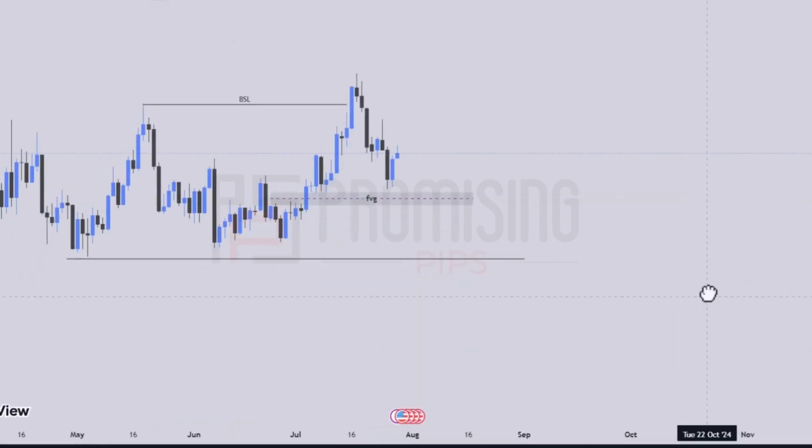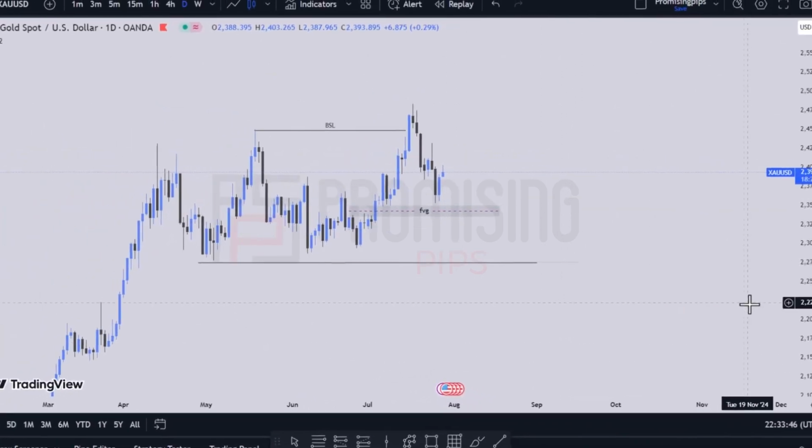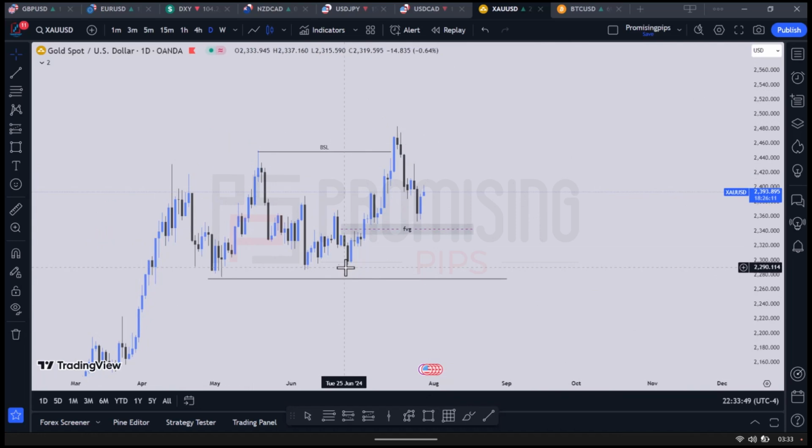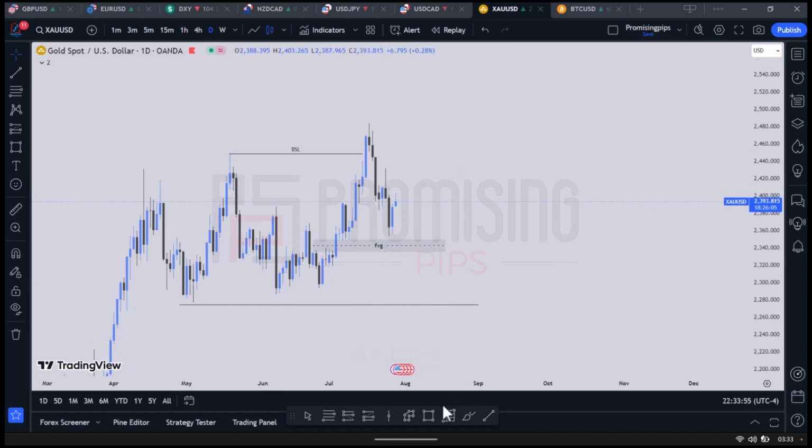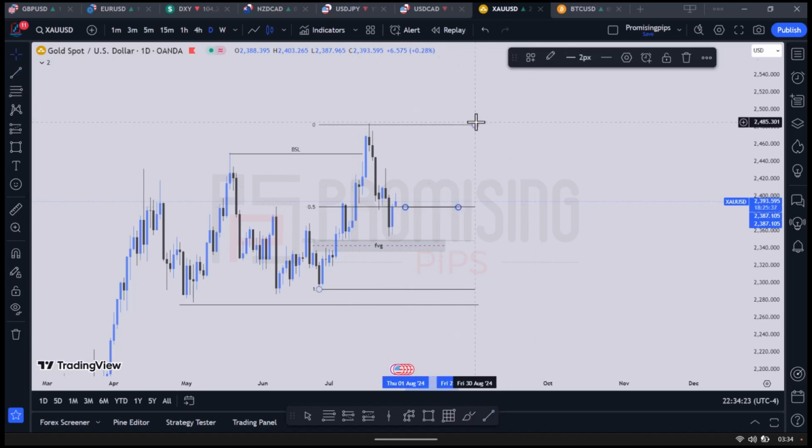On the daily time frame, it's more clear now, right? The market started moving up from here. So let's check for rebalance of equilibrium, right? Sorry guys. So the market started moving from here, from this to this. Right now, the market has actually tapped on the 50%, right? Let's use this. The market has tapped on the 50%.